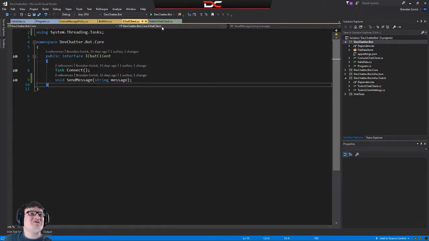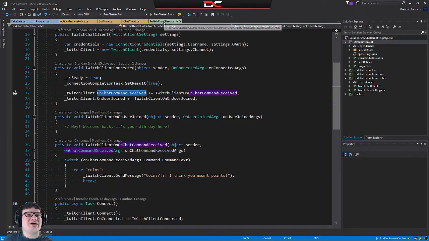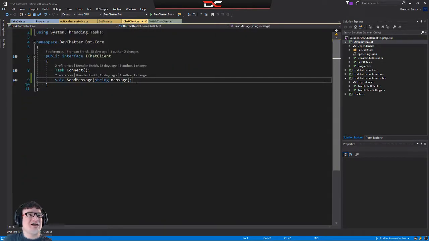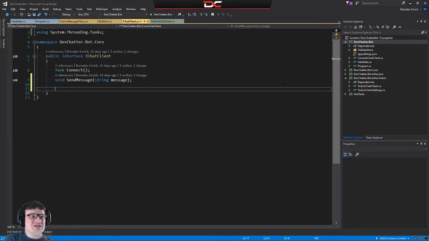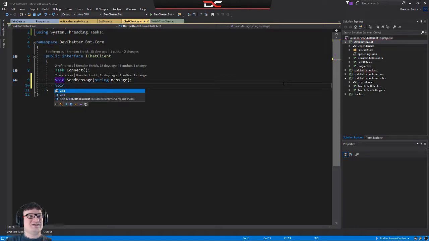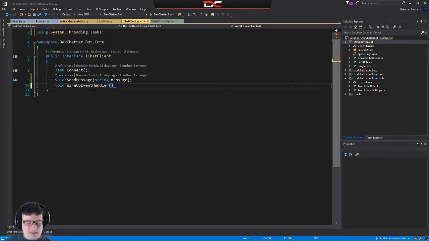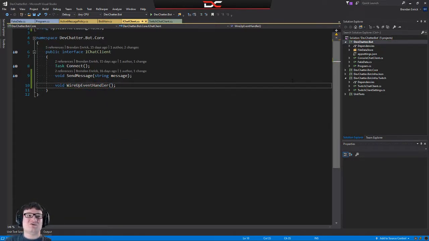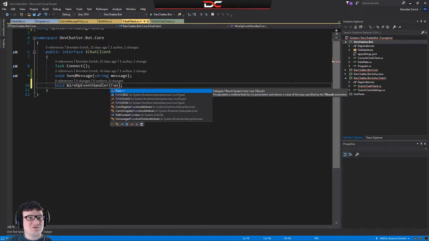Okay, so I told you before that I wanted to add in that event handler here. And I might do that. Except it also might make sense to just make a void method for now that says to wire up this event handler. So I'm going to say wire up event handler, and no, this is not the permanent name because I'm going to actually need to tell it which event we're wiring up. I just want to put that in there. Okay, so for now,